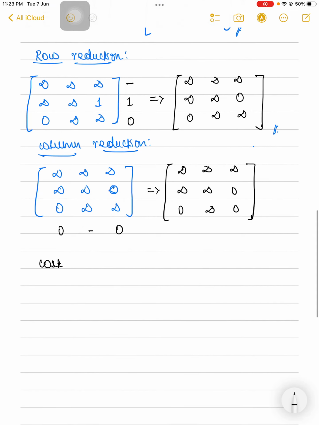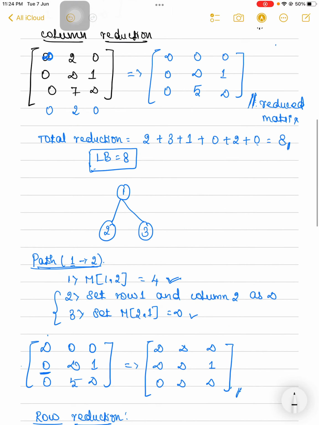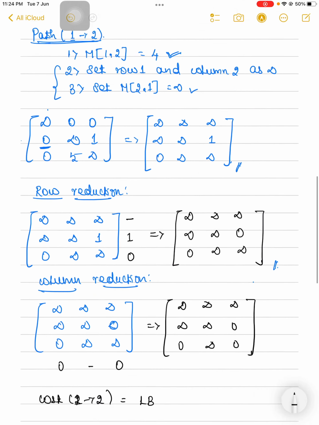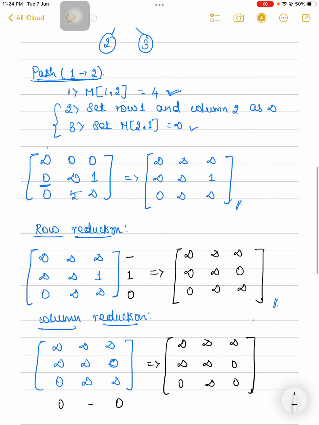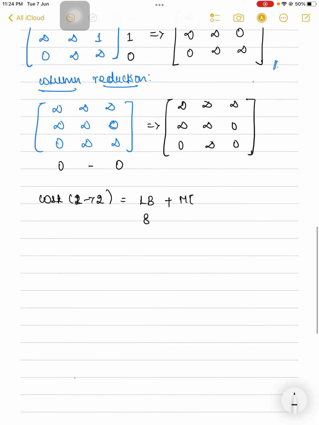Cost of the node 2, or for the path 1 to 2, right? So write the lower bound value. You all know what the lower bound value is, already we have computed and stored here, that is 8, right? So lower bound value is 8 plus, also we fetched the matrix 1 comma 2 value and written it here, right? So fetch this value, matrix 1 comma 2. So 1 comma 2 in the cost matrix, 1 comma 2 value is 4, so I have written 4 here,